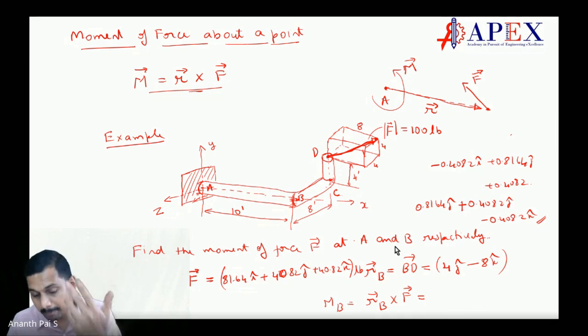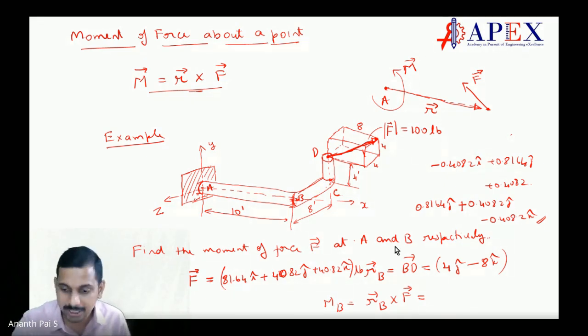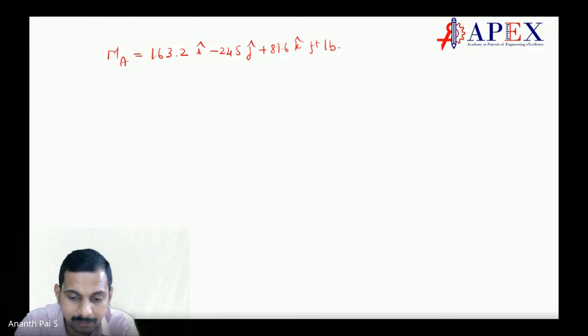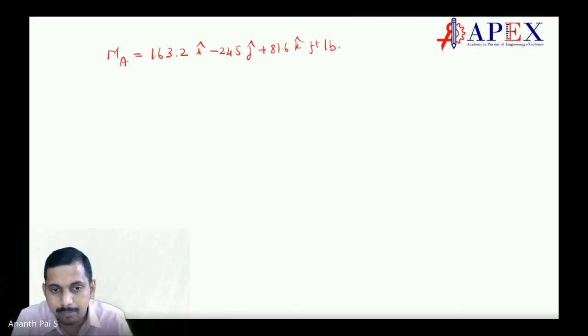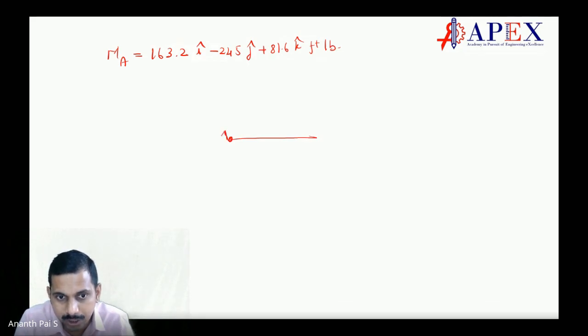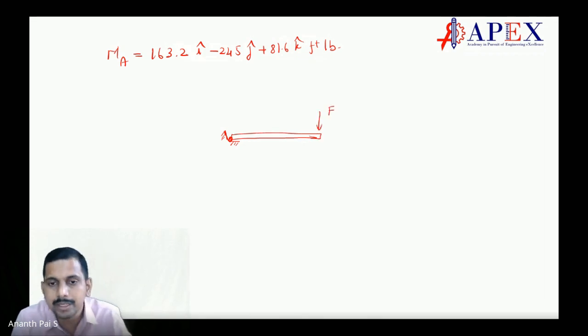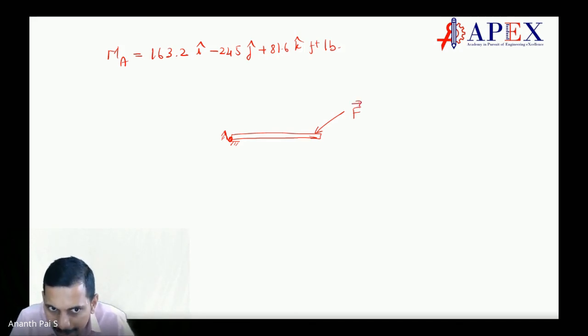For example, it depends on your application. Say you want to open a door. This is a door, and this is the hinge. You have a force being applied here. The force may not be in the same direction; it can be somewhere here like this, or a kid may push in some other direction. But the moment acting here depends on the force vector multiplied by this distance.